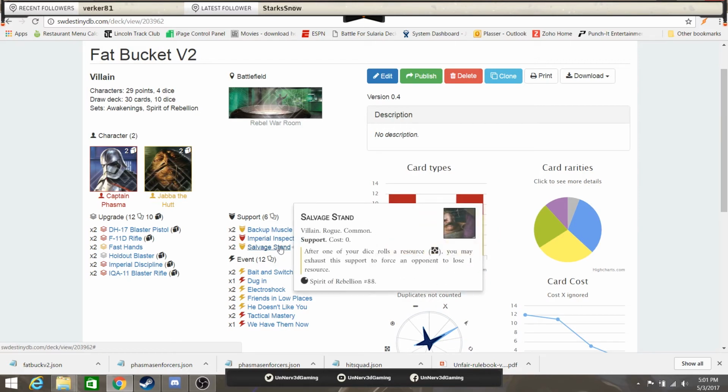Salvage Stand is the second component piece to this kind of combo. Between Phasma and Jabba, there are a lot of resources that can get rolled here, combined with the upgrades that we have going into play. And Salvage Stand just allows you to take away resources. Even disrupting one resource matters if you can use Salvage Stand to your advantage. Disrupting two by having two Salvage Stands in play is extremely good, and it really puts your opponent off tempo